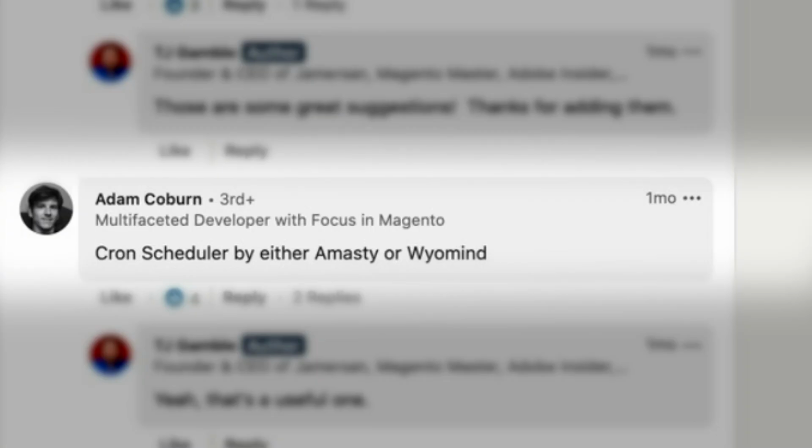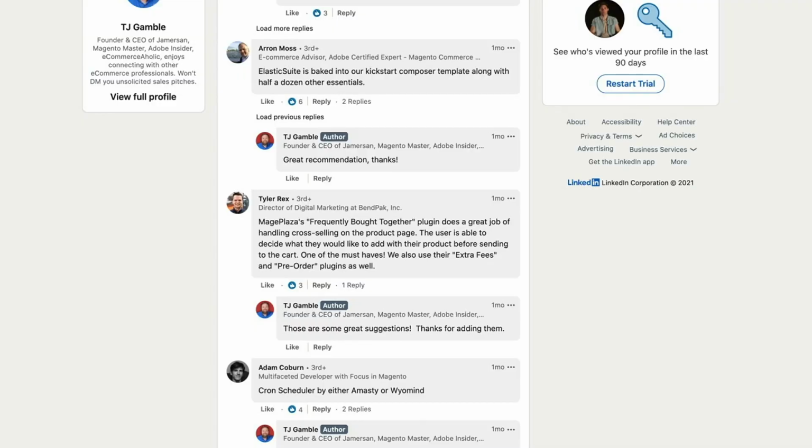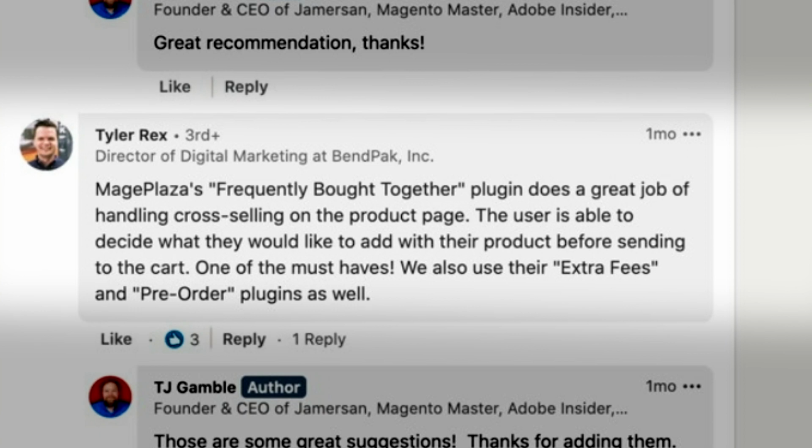Magento has some import-export functionality, but modules like this one take that up a few steps. Adam says you need to have a look at Amasty or Wildmind's cron scheduler to help you visualize and diagnose cron issues. Those can sometimes be difficult to trace down, so these tools really help you understand what's going on behind the scenes there. And Tyler mentioned that Mage Plaza's frequently bought together made easy work of improving his cross-selling